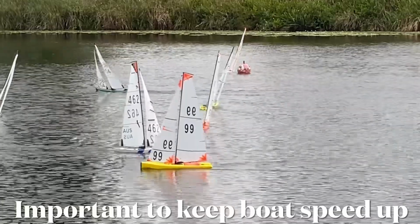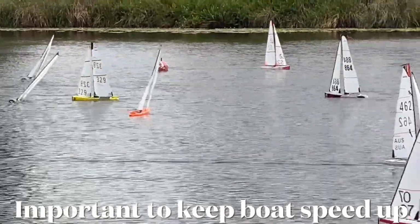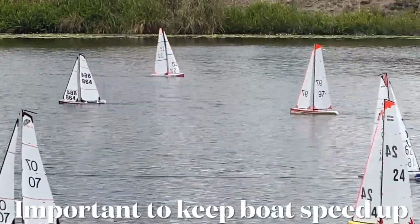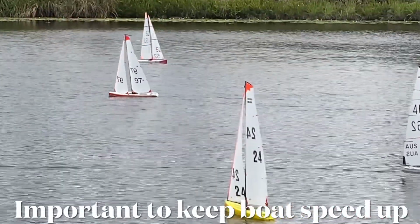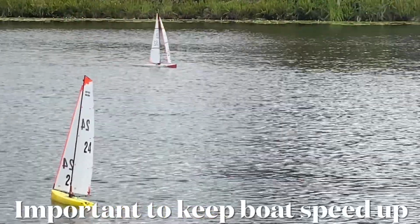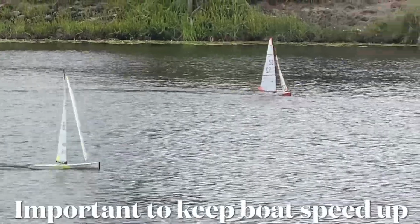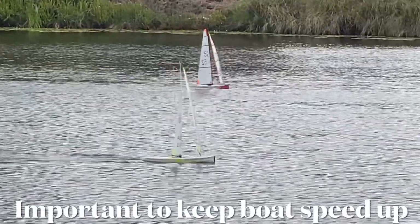But there is a breeze line on that particular side, and importantly, it's important to stay in those breeze lines if you want to catch the boats ahead. Going down to the bottom mark,